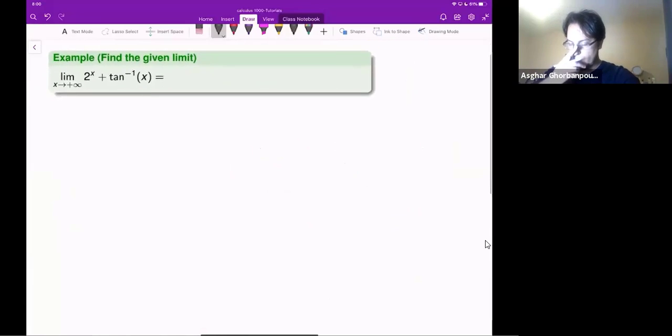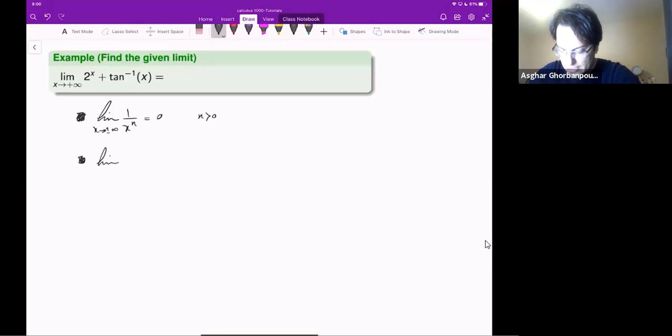Okay, so how about this one? Tan inverse and 2 to the power x. Other than those 1 over x, so far, remember that we have done the limit of 1 over x to the power n as x goes to plus infinity or minus infinity. This is 0 if n is a positive number. There are a few more things that you have to know, and that is related to the